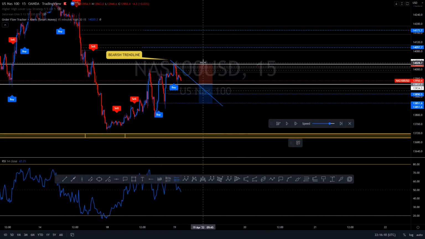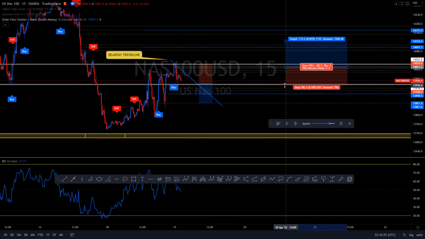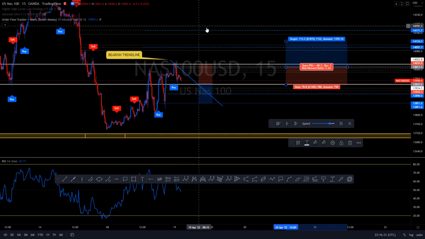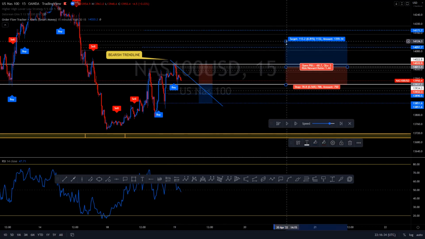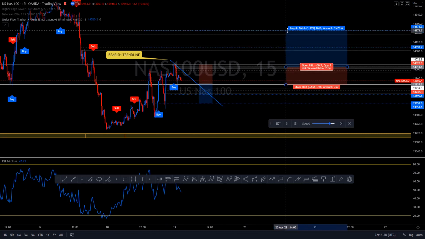Now, if price decides to buy up and breaks past this break and retest line, you already know I'm going to buy it, because it's letting me know that once the banks break a retest and buy up, they're going to try to get as much as possible. It's inevitable. So this would be take profit 1, take profit 2, right? So now,